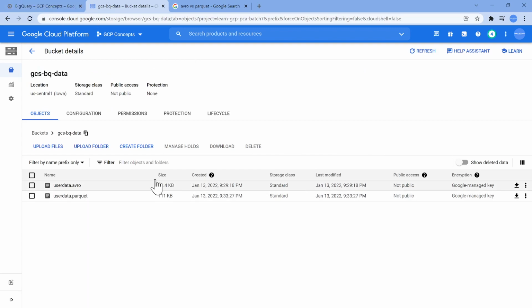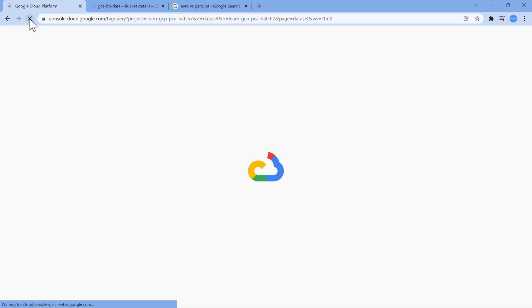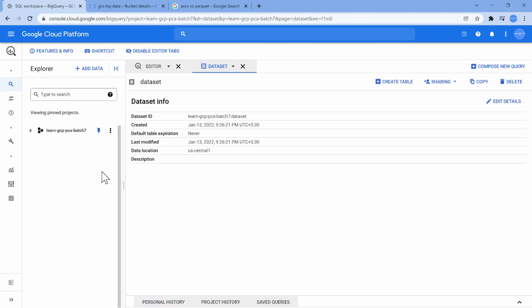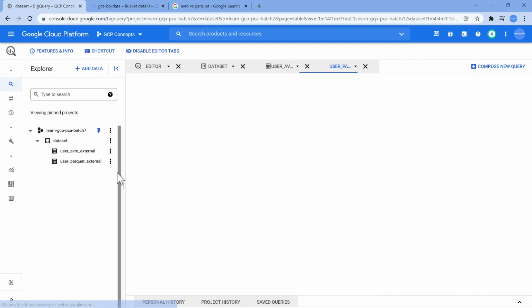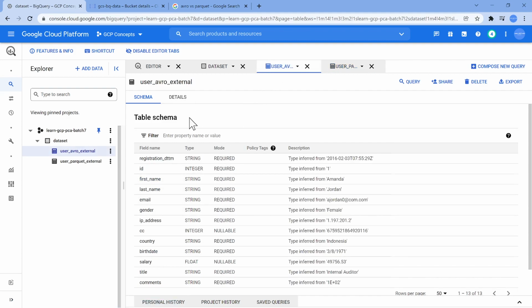Now just make a note of the size of the files, folks, which could be helpful for our demonstration purpose. Now let me refresh the screen, and once I refresh it, I should be able to see two tables. Both the tables are external tables. Now to be very frank, the content is the same. So 1000 rows, same data, everything is same. So I can just quickly show you that. So this is Parquet external. So some registration ID, first name, last name. Similarly, in your Avro also, it is the same thing. So that's what you see.